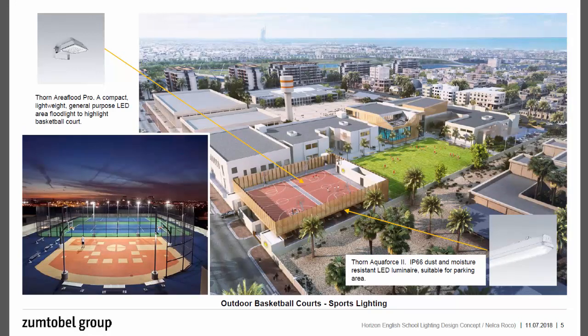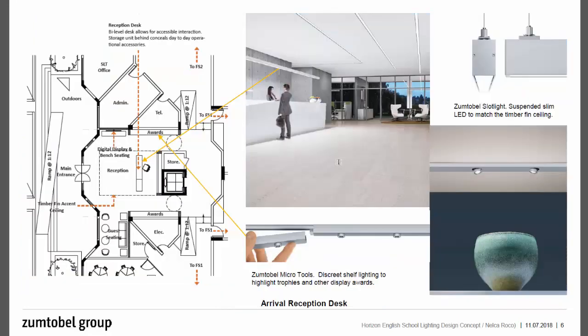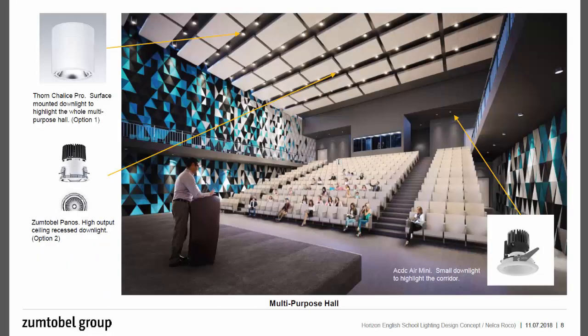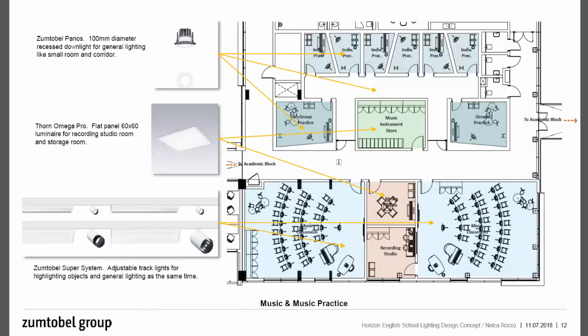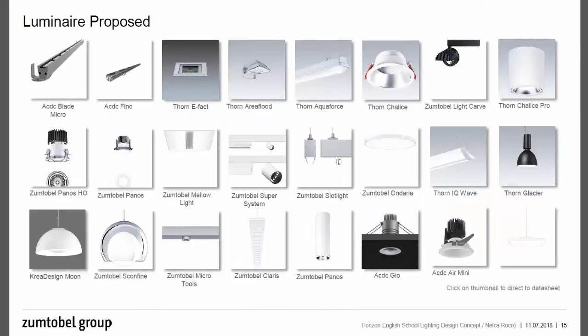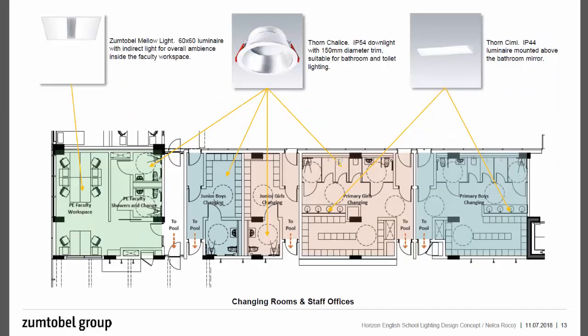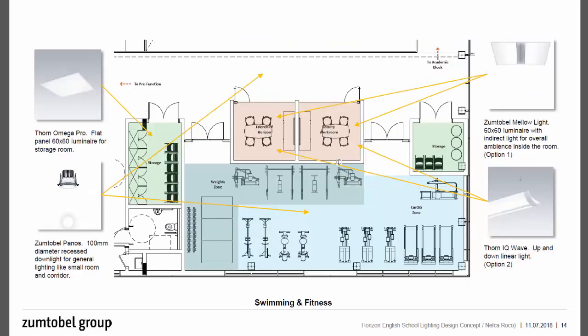I ran a calculation for this one. And so this is how we do. We first send the concept, give them the image of the luminaire, and then later on we will do the lighting design calculations once he approves the aesthetic, because most of the architects want to see the aesthetic of the fitting. Alright, so this is how we do.